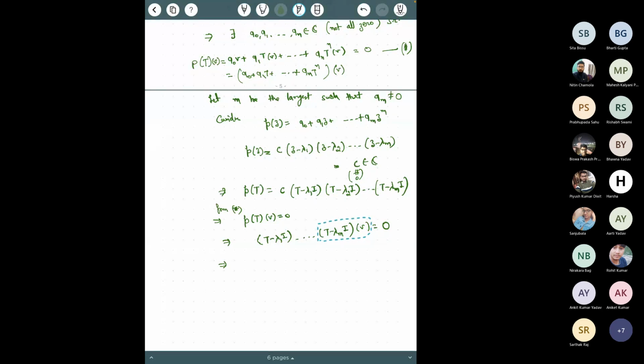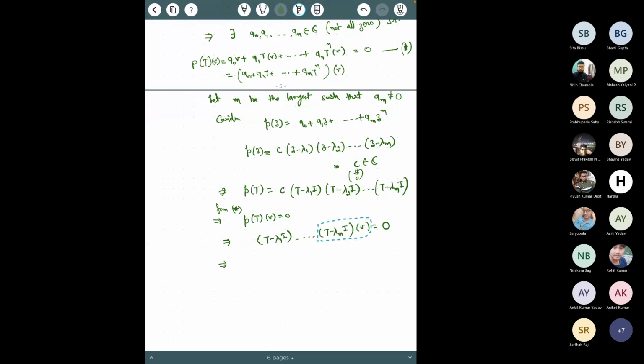If this is not 0, then call this vector W. And then look at the next factor, T minus lambda m minus 1 I. Check whether that is 0 or not. If that is 0, you are done. If that is not 0, then move to the other and so on. But since the whole expression is equal to 0,